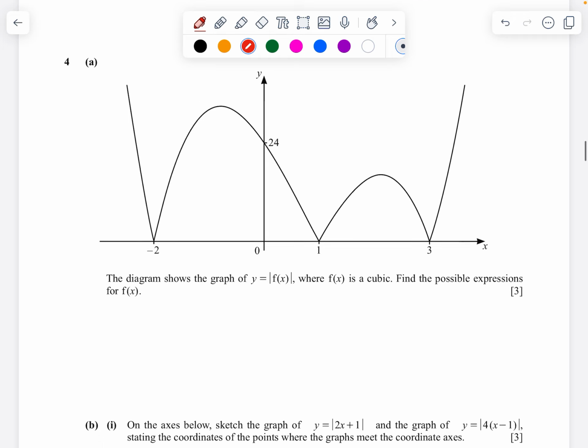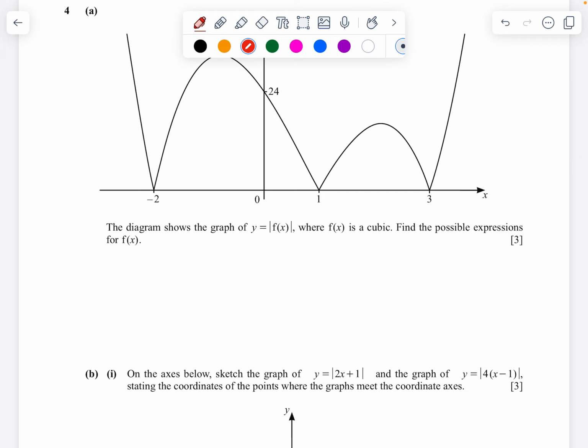Question number 4. The diagram shows the graph of y equal to absolute value of f of x. f of x is a cubic function. So cubic function means I have three roots: 1, 2 and 3 roots. Find the possible expression. So it can be x minus of minus 2, which is x plus 2,